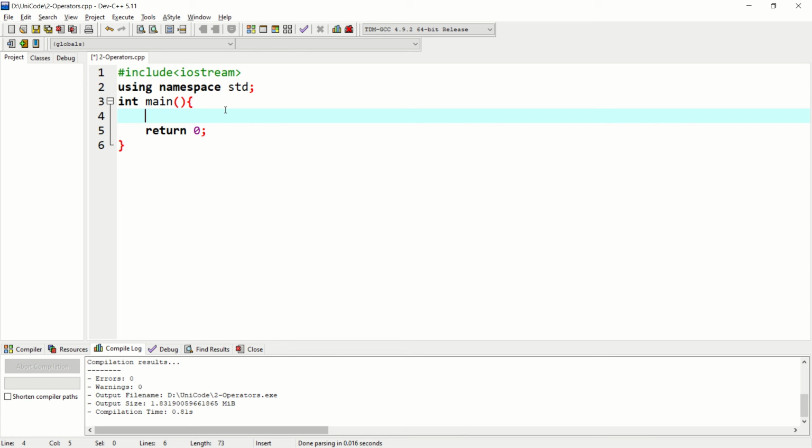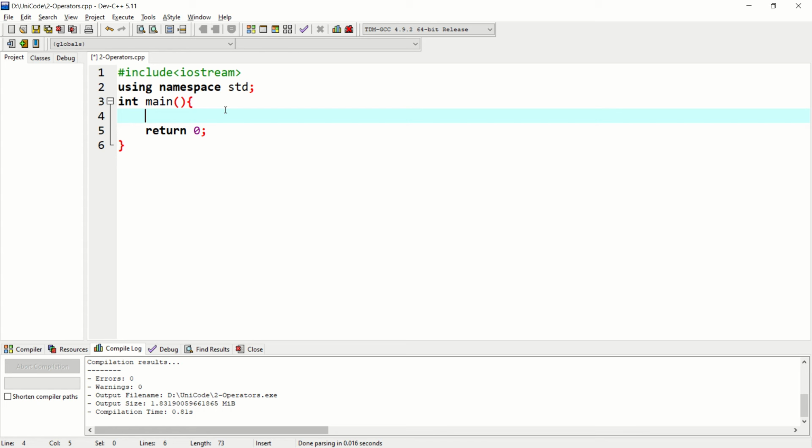Today we'll talk about various operators in a programming language. Okay, so why do we write a code? We write a code to do something, to check the condition, to make some particular operation on a given output, okay? So for performing such things, we use some operators. Our operations can be addition, subtraction, division, many more. Okay, so there are four types of operators: arithmetic, assignment, comparison, and logical.